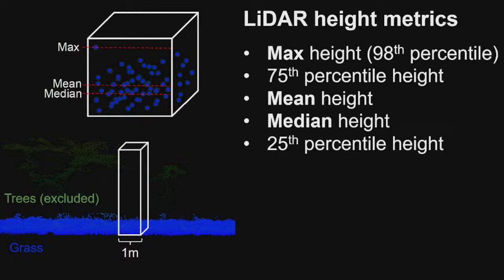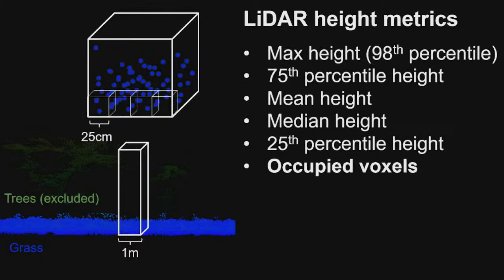Each of these points is a LiDAR return that we're assuming is grass, and each has a height above ground. So from that distribution of points, you can calculate all these various percentile metrics, mean height, median height. But we can also do something a little bit more unique with this LiDAR data, which is to break down our volume into smaller voxels, so these smaller cubes, and look at something like the proportion of those voxels that